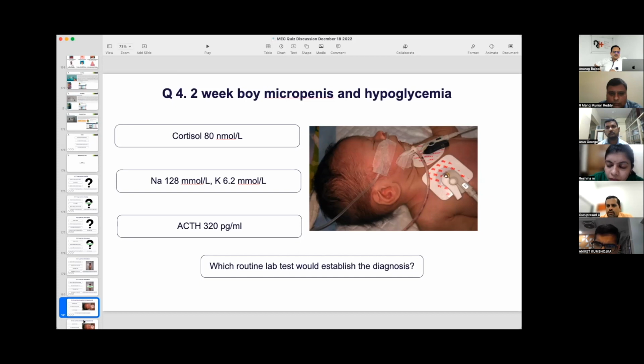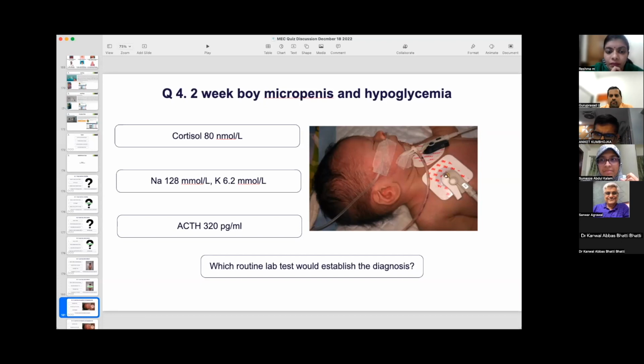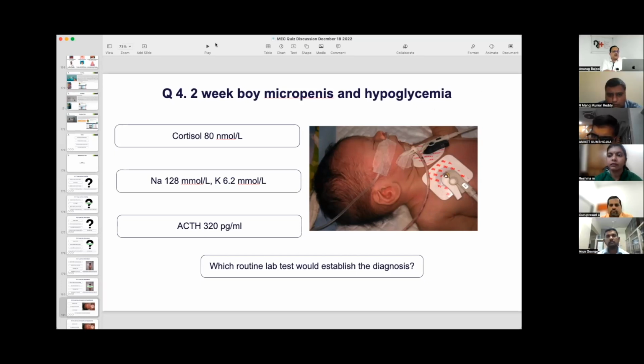For whom to answer, sir? No, Dr. Aniket. Dr. Aniket? Ketone? Ketone levels will not give you the diagnosis. So we will go ahead with the second one. This is a ketotic hypoglycemia anyway. So the next person there would be